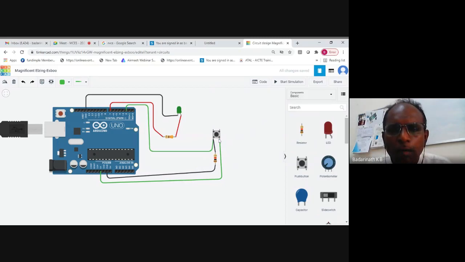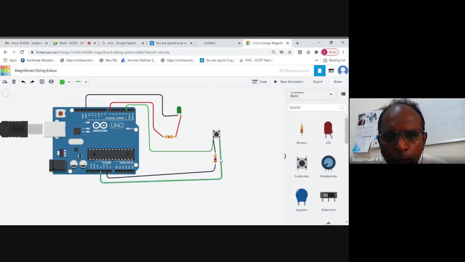Always when you develop the logic, make sure that the plus, which is 5 volts, and the ground are not shorted anywhere in the circuit. If they're directly shorted, it is like what will happen in your house. You have seen the AC plugs: one is a positive, one is a negative. You connect to the fan, your washing machine, everything. If both are shorted, what will happen? The fuse in the house will go away. So the circuits will fail to work whenever you short 5 volts and the ground.